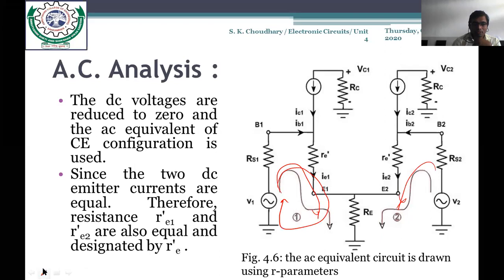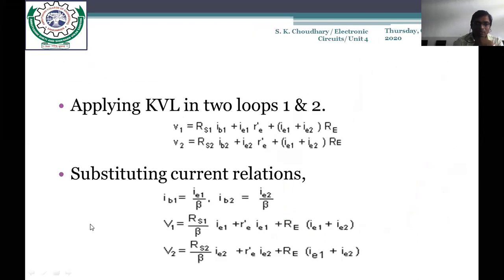So see what happens. We have to write the current equations, voltage equations. So V1, then there is a drop in potential, then there is again a drop in potential across RE dash, then again a drop in potential across the RE, and by using all these terms we have to write the two voltage equations for V1 and V2. So for V1 what happens?